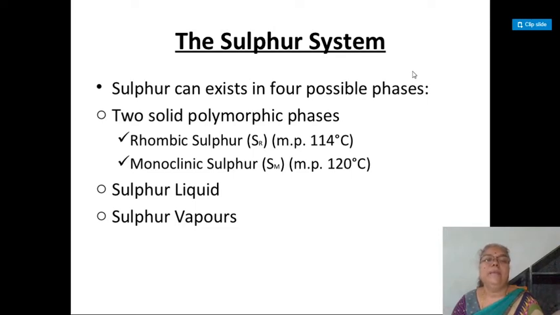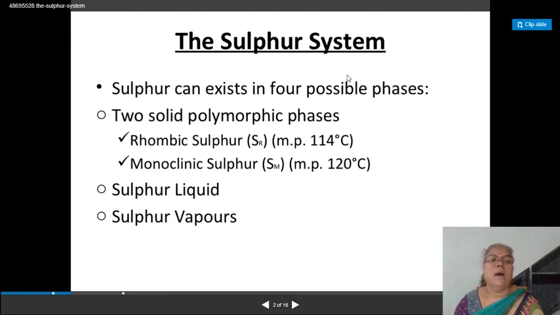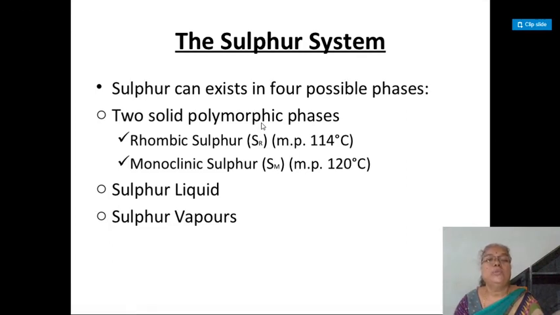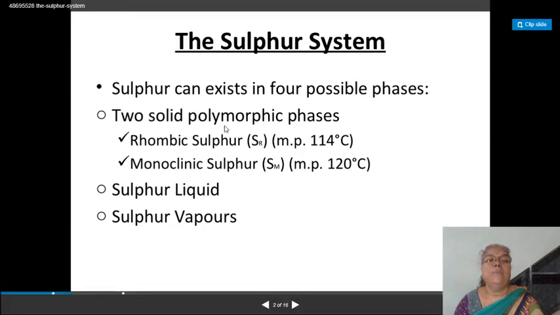So let us begin in detail with the one component system, the sulfur system. Before explaining the sulfur system, I will explain the polymorphism observed in sulfur. Here poly means many and morph means forms. That means the existence of one solid having two different forms. That phenomenon is called as